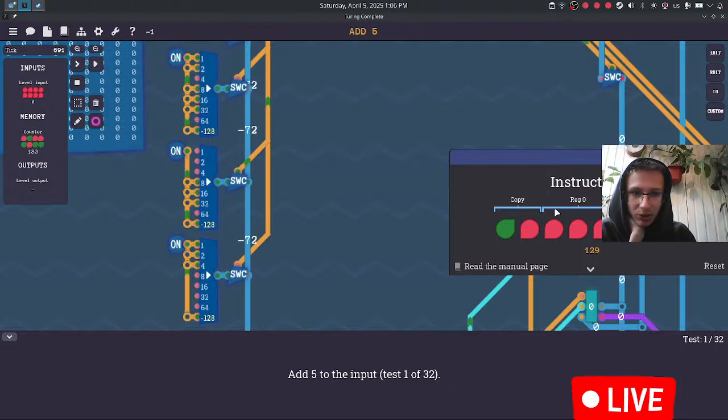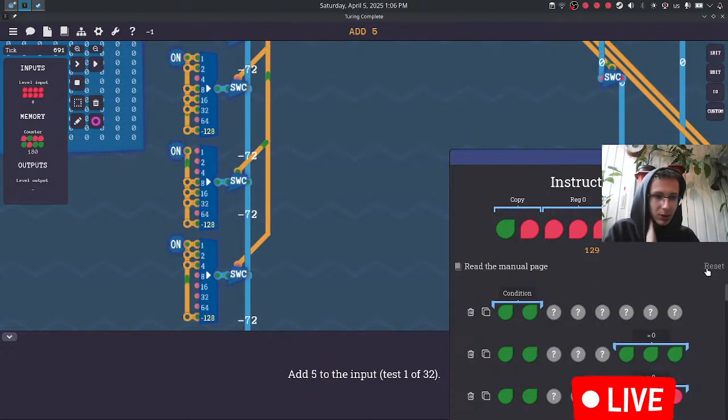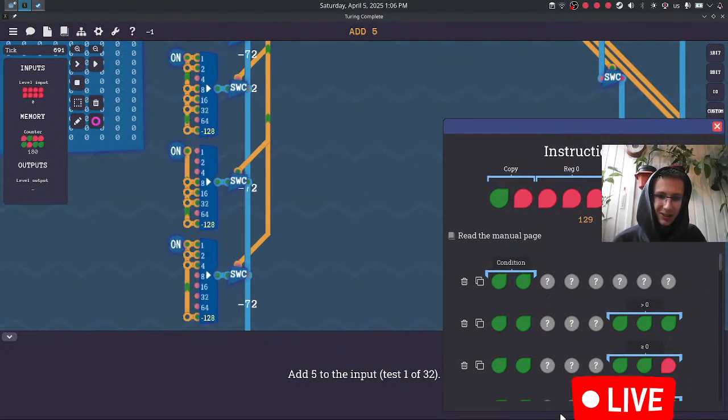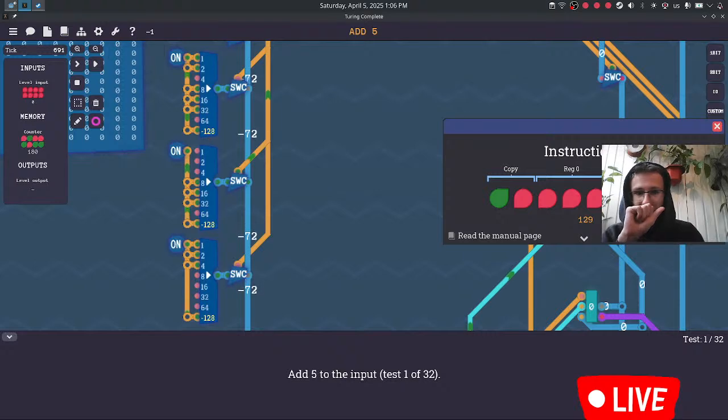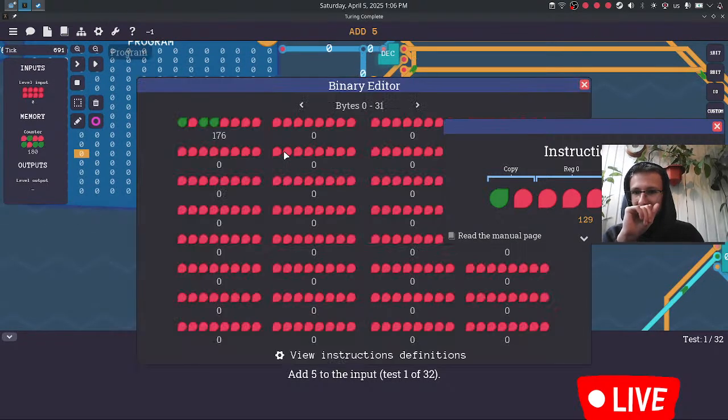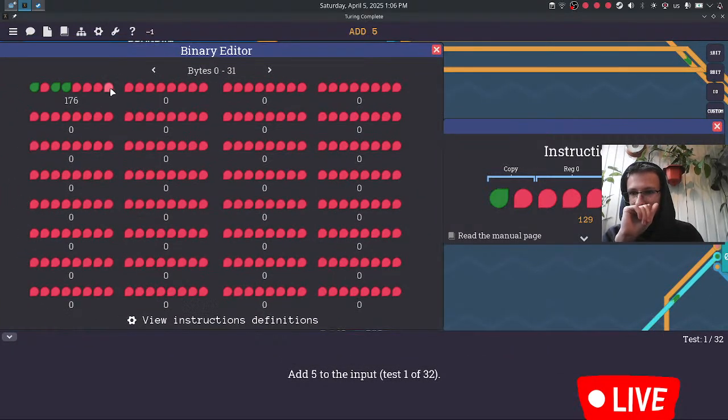So it's copying into register 0 or from register 0. Resets. Okay. I don't remember. Yeah, I think it's copying into register 0. So it's immediate, it's into register 0. Okay. Since it's copying into register 0, it would make sense that we copy into register 1 here instead, and